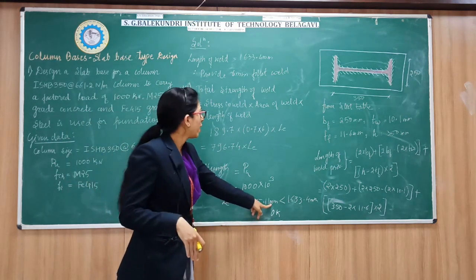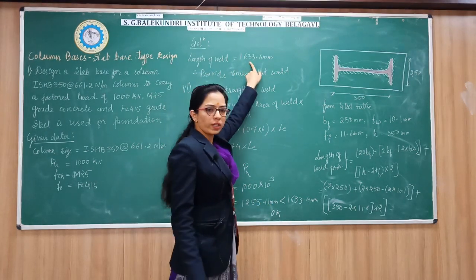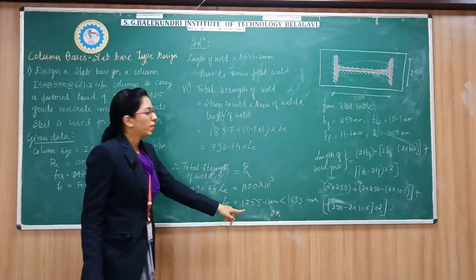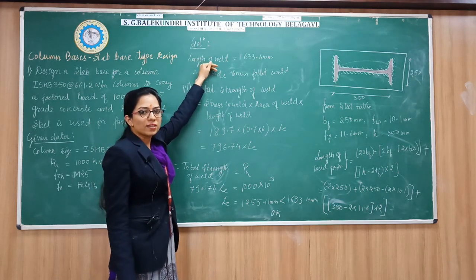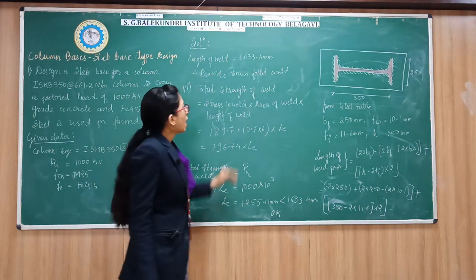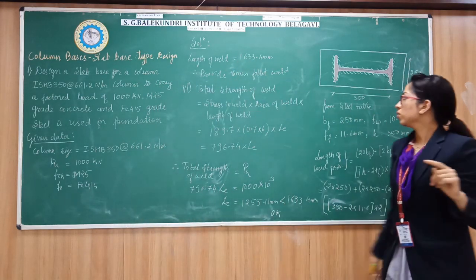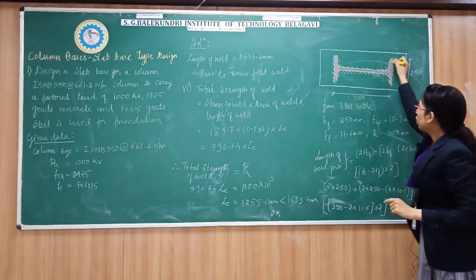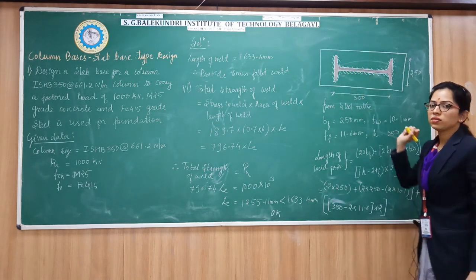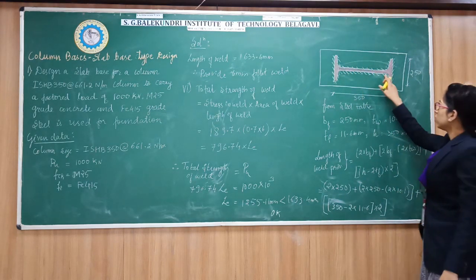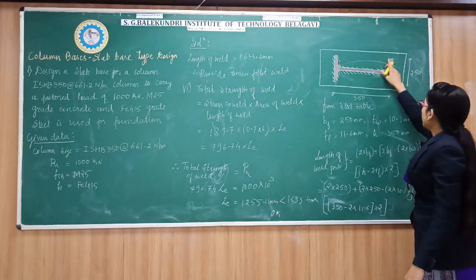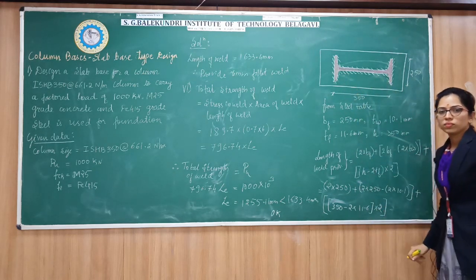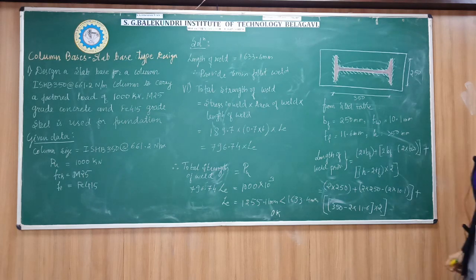But the length of weld we have provided is 1633.4 mm, which is greater than the required. That means the provided length of weld is greater than the required length of weld, and this 1633.4 mm is the length provided throughout the ISHB 350 section. This green color, whatever length I have marked, or you can see I have shaded the portion, is nothing but the welding, and the length of that welding is 1633